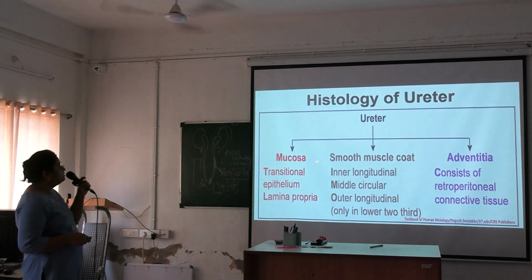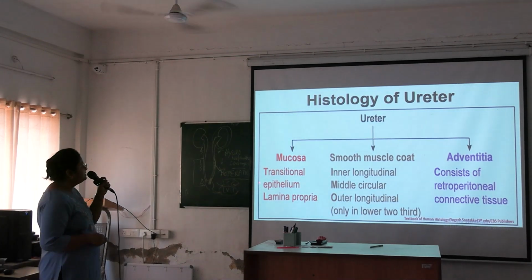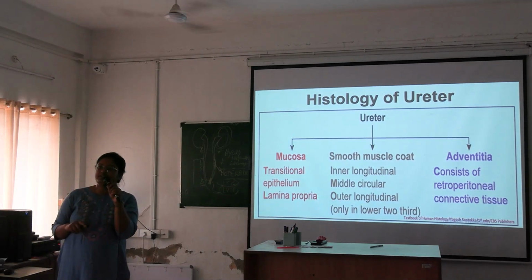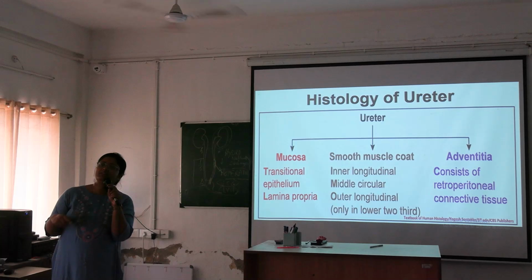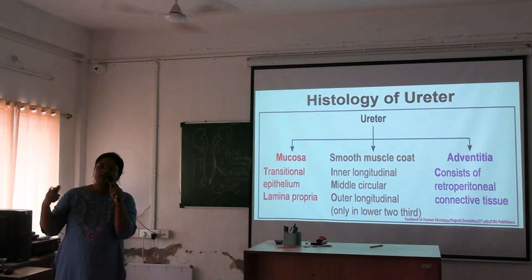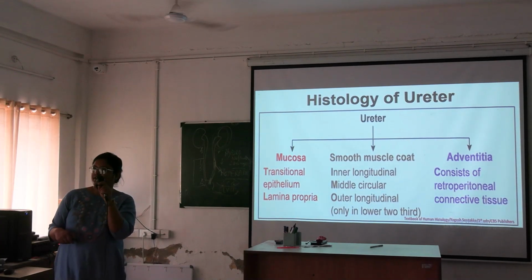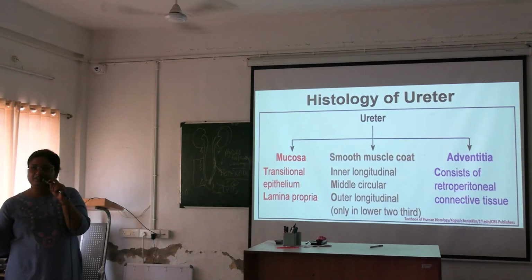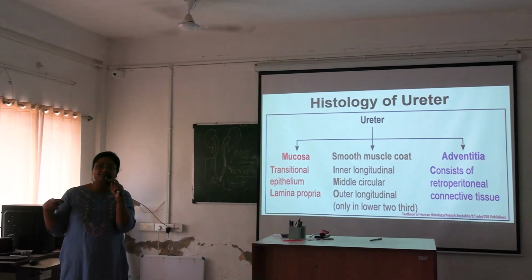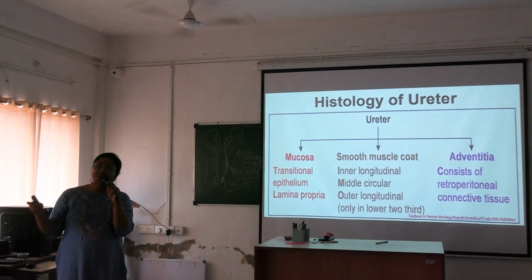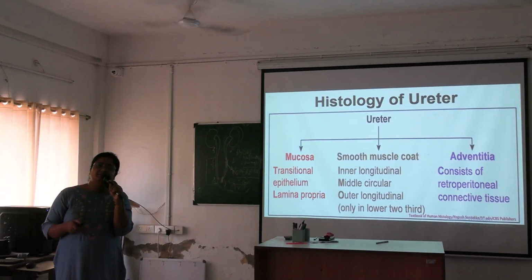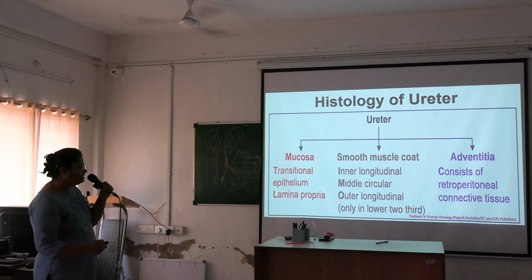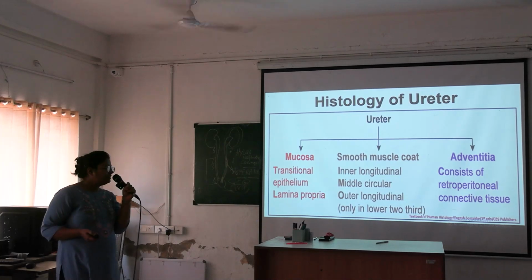First, mucosa. Mucosa is lined by a transitional epithelium. This is specific for the urinary system. Transitional epithelium you have also seen in the ureter, urinary bladder, and up to the level of prostatic urethra. During the epithelium chapter also you have read transitional epithelium. There are umbrella cells, which prevent seepage of different toxic material into the bladder. These are the main functions of the transitional epithelium. Tight junctions are present in between the cells.